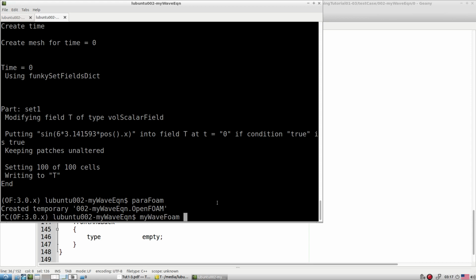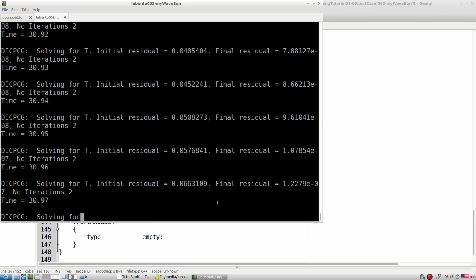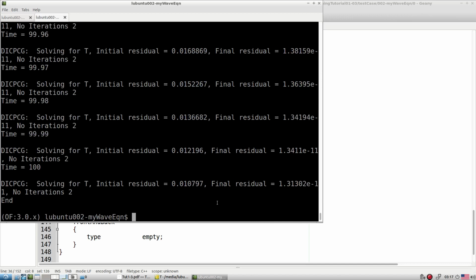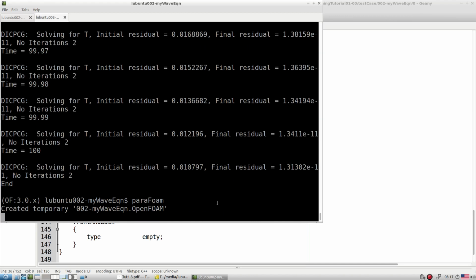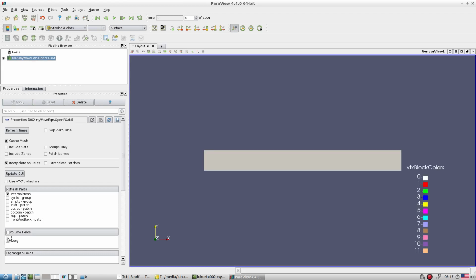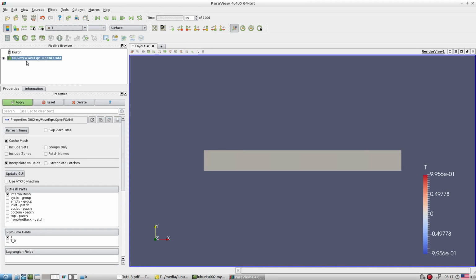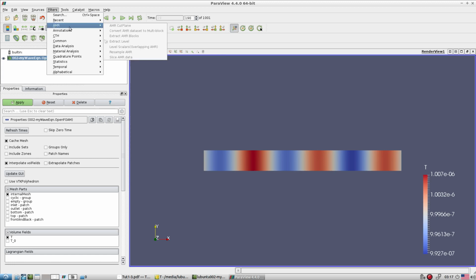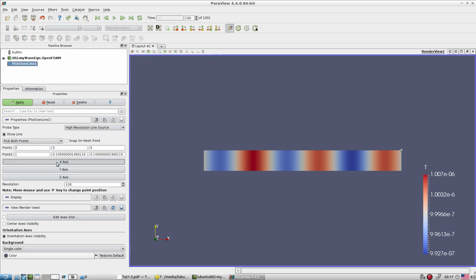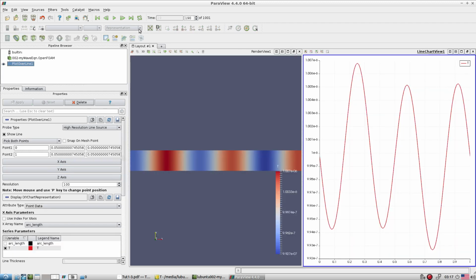So my waveform, and just check ParaView. Slowly it diffuses ultimately. Look at the line plot.